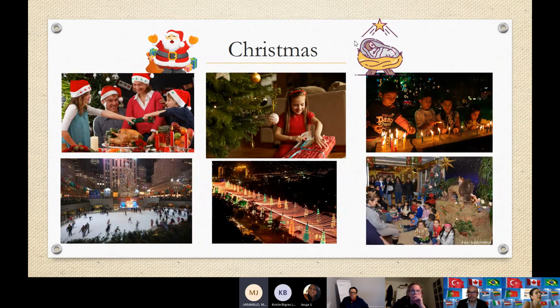Let's see, what else do I have? Now, Christmas, guys. It's very similar, but there are some differences. So here, the main guy is Santa Claus, and he's the one bringing the gifts. And in Colombia, the one that brings the gifts to the kids is baby Jesus, which is also very problematic, because when you start thinking about it, how is this baby that is just born able to bring gifts to the kids?